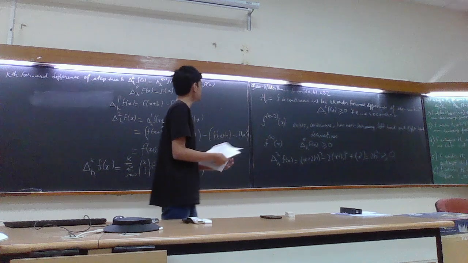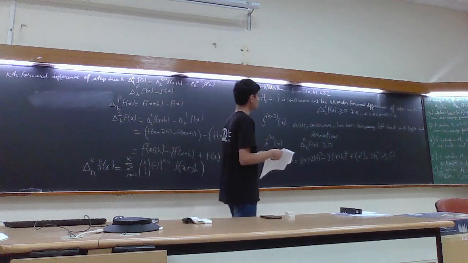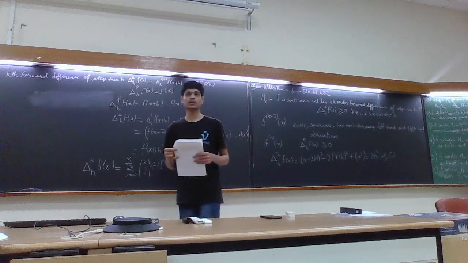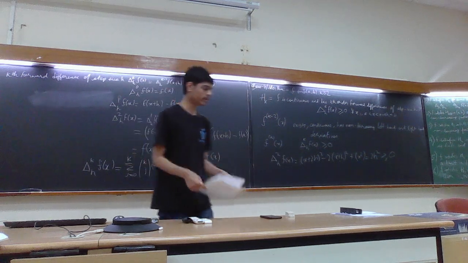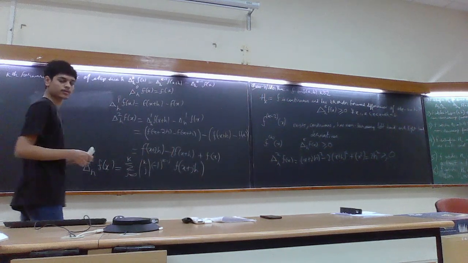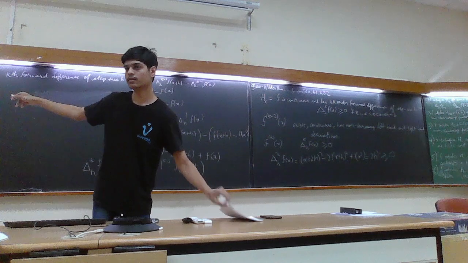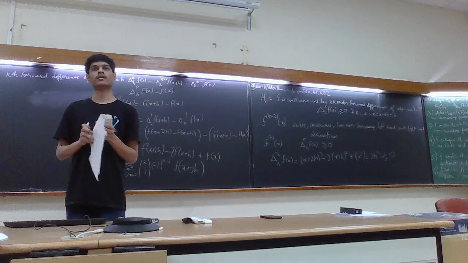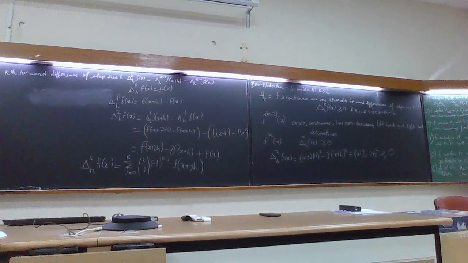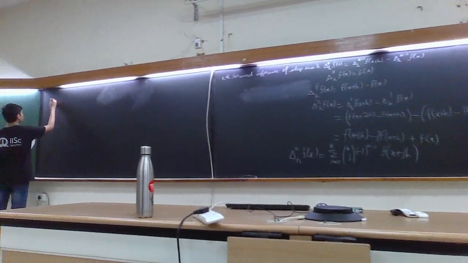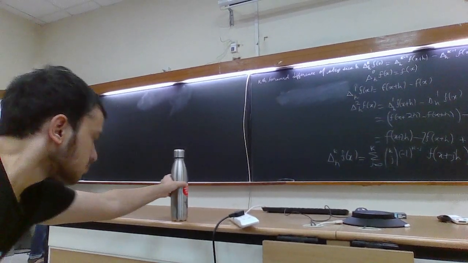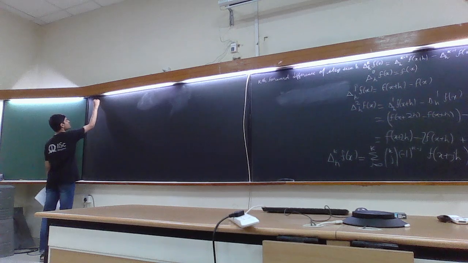So this theorem holds for k greater than or equal to 2, but we shall see that it also holds for k equal to 0 and 1 if we interpret it correctly. I can do it now. It won't take time. So for k equal to 0 and 1 it holds. So for k equal to 1, suppose